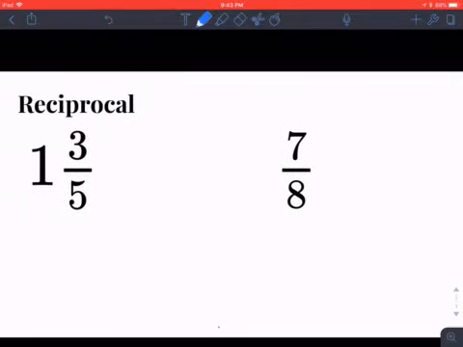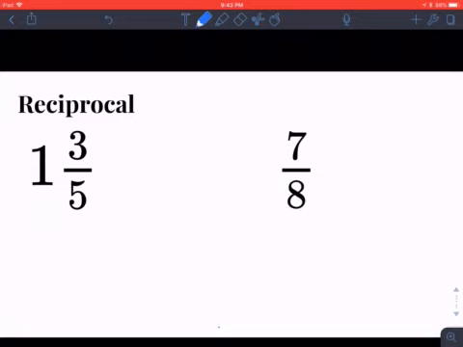Couple more examples. We have 1 3/5, and that is a mixed number. So we have to be really careful when we do these mixed numbers. A lot of people want to just say, well, the multiplicative inverse would be 1 and then 5/3, because if we flip our fraction, but really 1 3/5 is a whole number in itself. It's not the same as 3/5, so we do have to take this mixed number and turn it into an